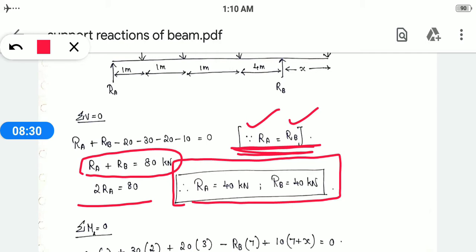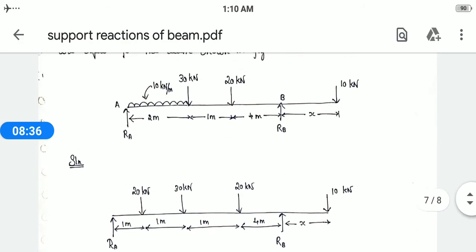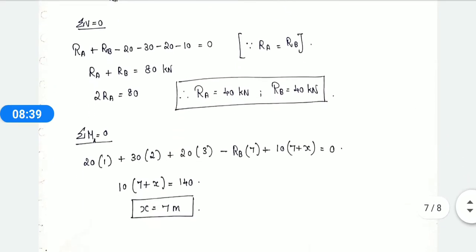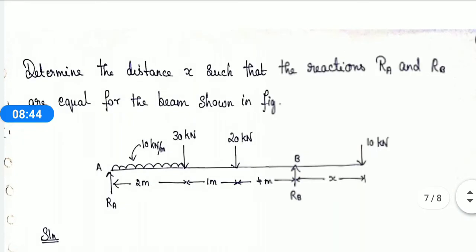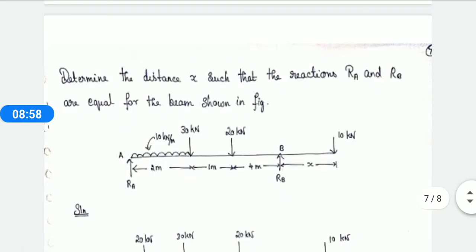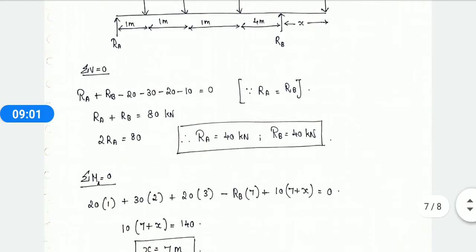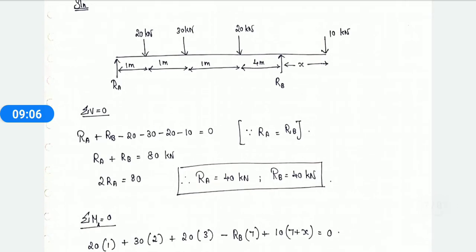Both the reactions we had calculated, right? Now we have to calculate the moment going to act in this. Sorry, they had asked us to find the distance, the x distance. How will we calculate the x distance? When you resolve the moment, you will be able to find the x distance, because your moment will be equal to the force into your distance. Okay, when you do that, you can calculate your distance parameter. Now I am going to take the moment. I had taken the moment at position A. You can also take it at B, but nothing is going to vary. The answer will remain the same.